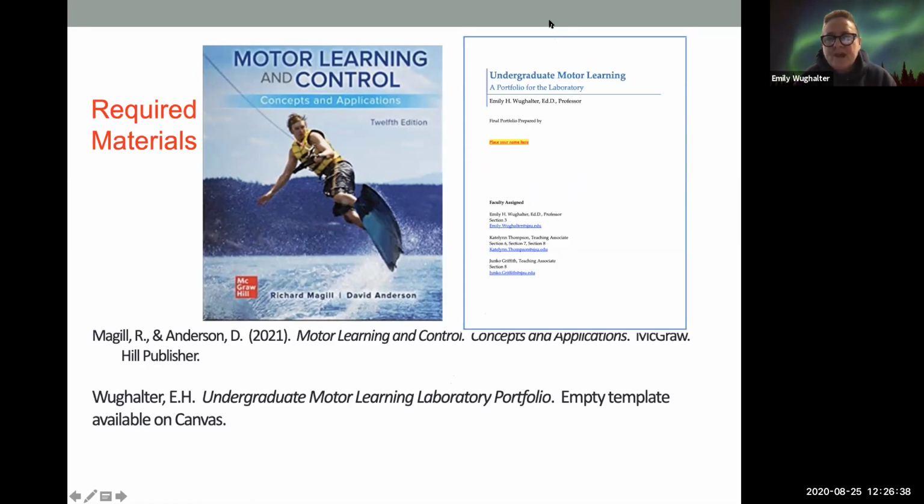I have some chats here, so let me just check in on this for a second. Is it necessary to buy the book? Yes, this semester I say yes, because I will be pulling out activities from the book for our asynchronous portions and then going into our synchronous portions. I have not assigned those yet. Forgive me. I did not take my books for the semester when I left the house.